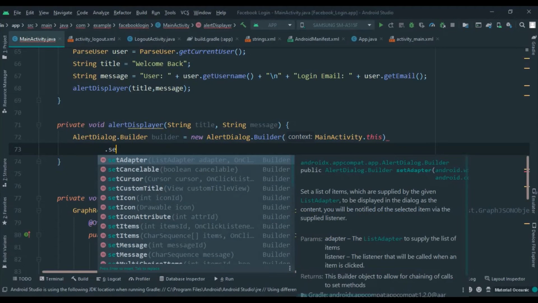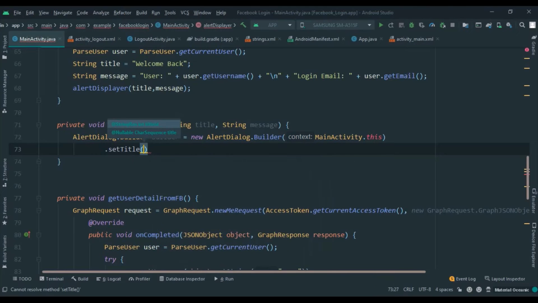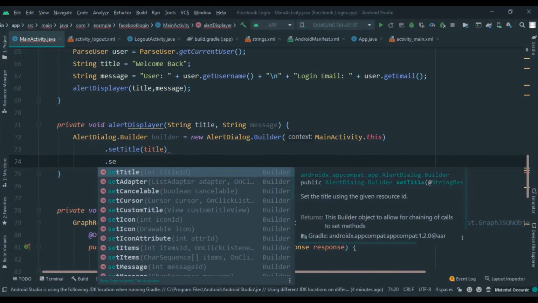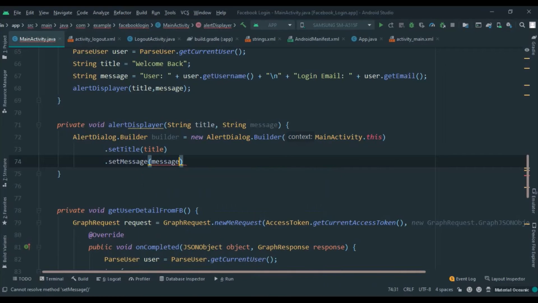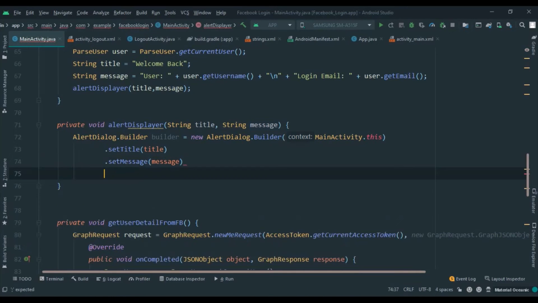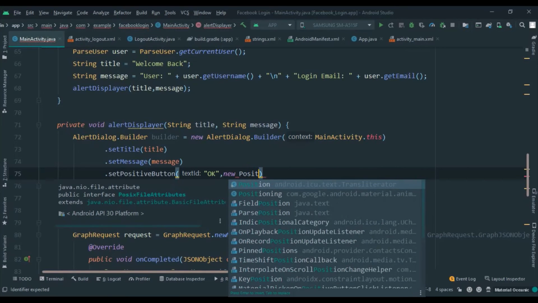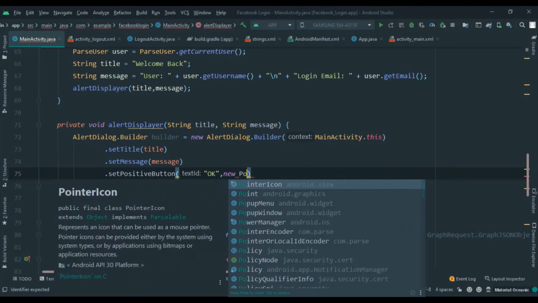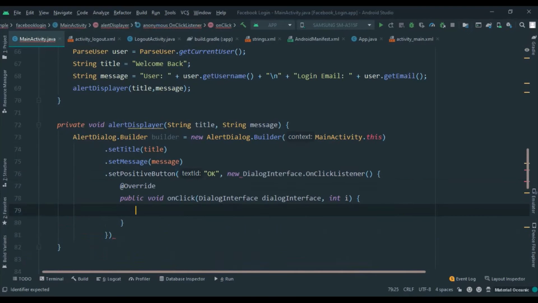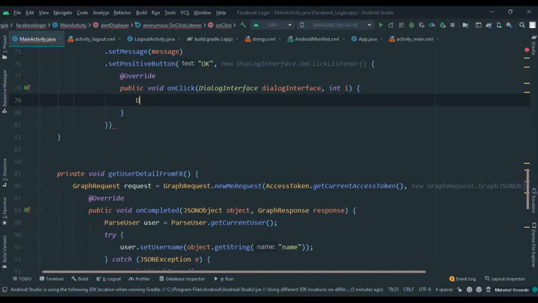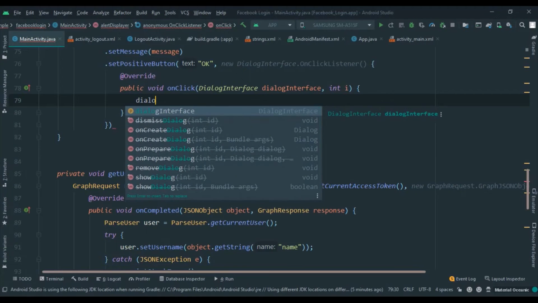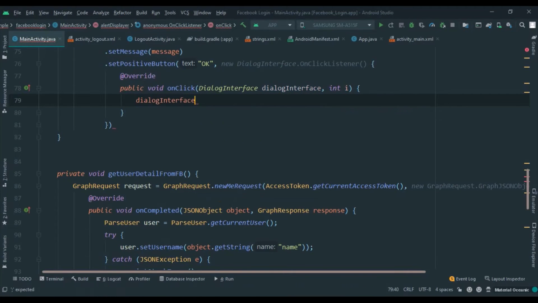Here we write setTitle, we pass the title, and setMessage, we pass the message, and then we write setPositiveButton, we name the positive button OK, and implement onClick listener method. And here we write dialog interface dot cancel,